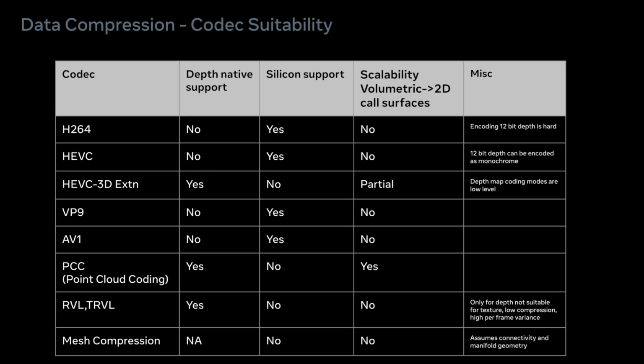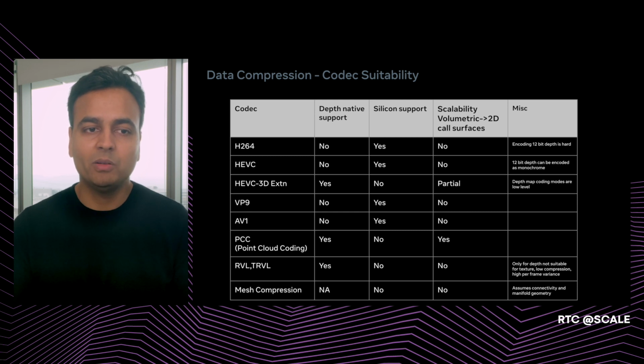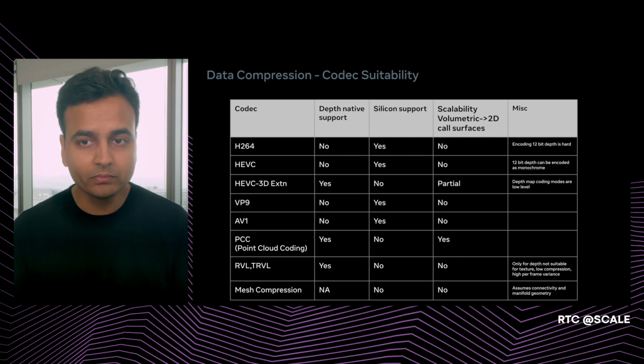In this slide, you can see a survey of the available codec options for depth. Codecs meant for RGB, such as H.264, HEVC, VP9, and AV1, wouldn't be good at preserving depth and reducing depth-related artifacts. They will all likely suffer from the same problem that I demonstrated for H.264. HEVC 3D extension was proposed several years ago, but it has not seen much adoption, and there's no silicon support for it yet. It has some low-level depth map coding tools, but there is little understanding of how well they will perform at reducing depth-related artifacts in the final hologram.